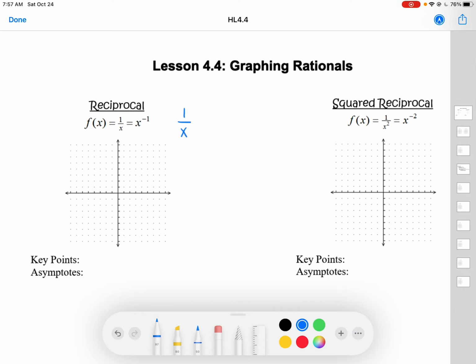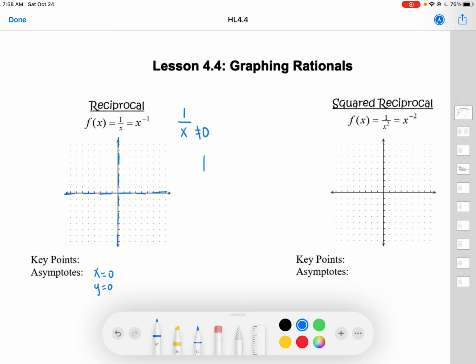Based on what we learned last time, if it's 1 over x, that means x can't be 0, so our vertical asymptote will be at x equals 0. And then also, if you try to divide 1 over x, we're already at a remainder. It doesn't divide. The degree is smaller on top than on bottom, so we have an asymptote at y equals